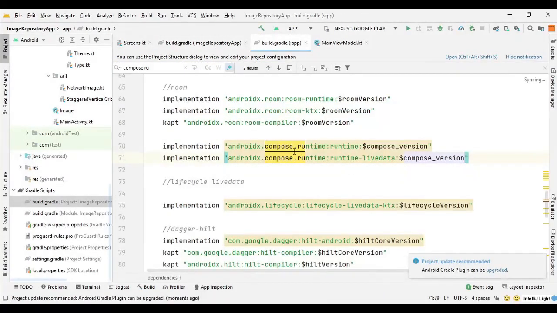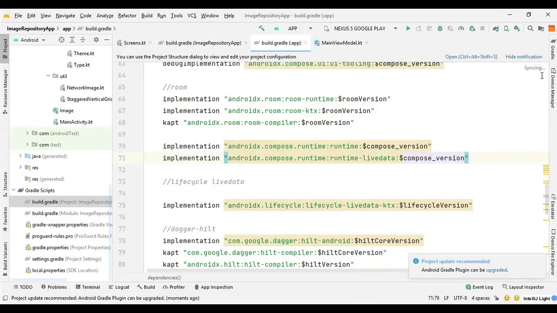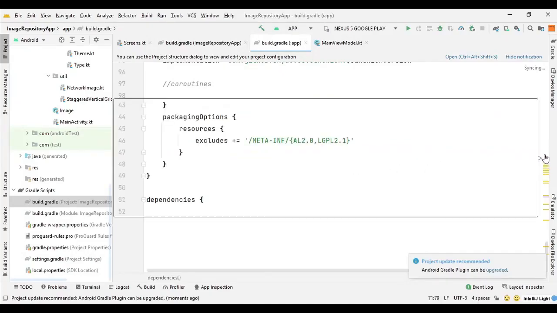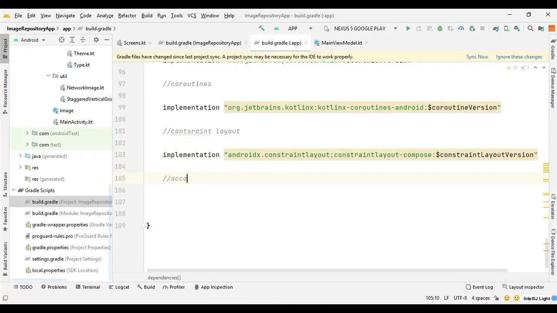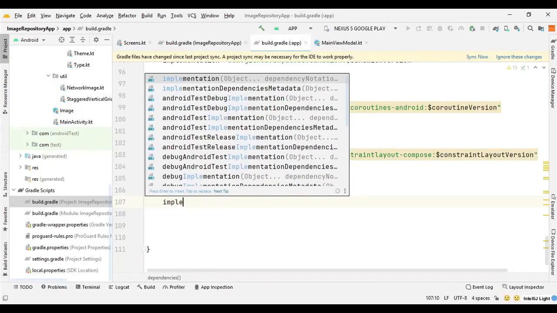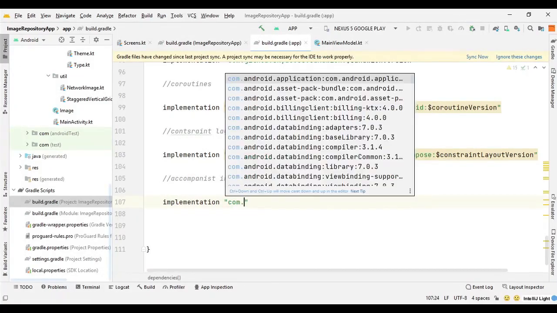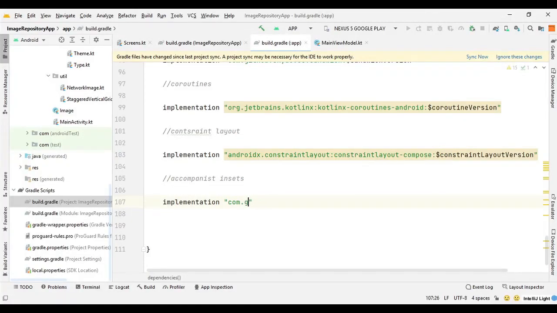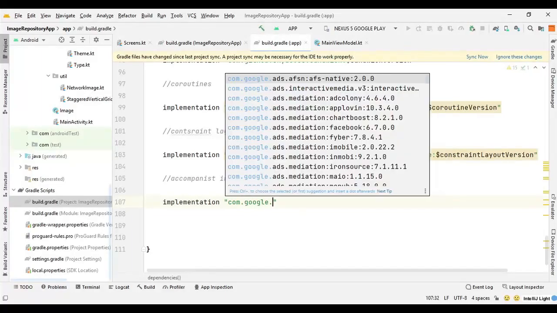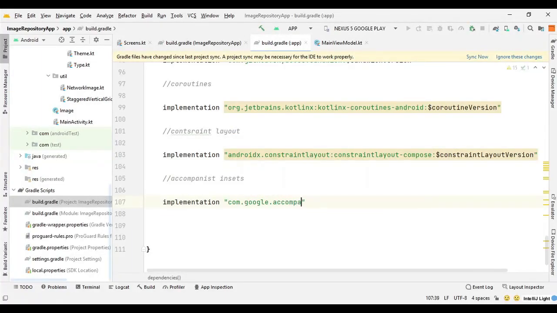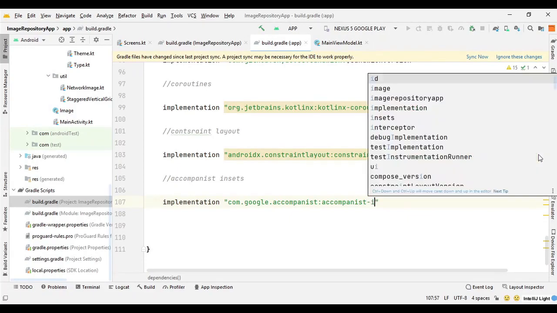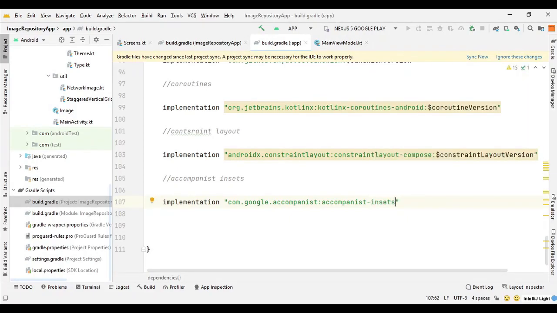Then to build Gradle, and here we need to declare the dependency, so I can say accompanist insets, and here we can say implementation com.google.accompanist, then again accompanist-insets, and then we can provide the version number.